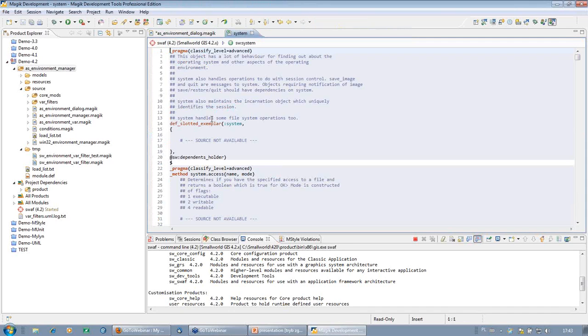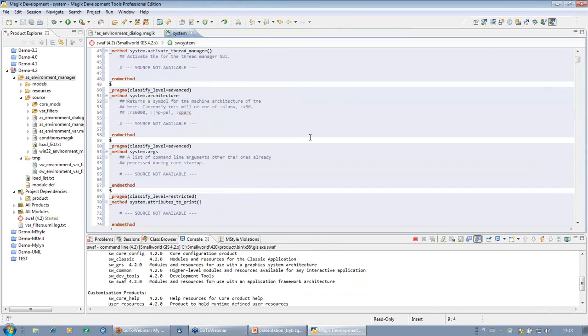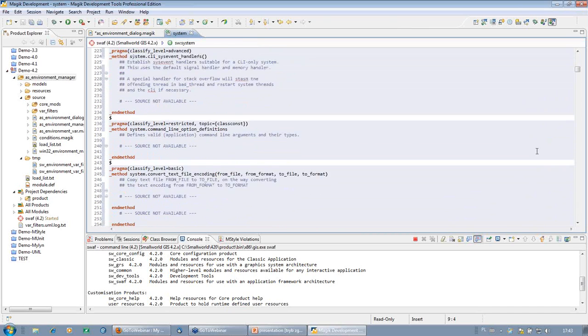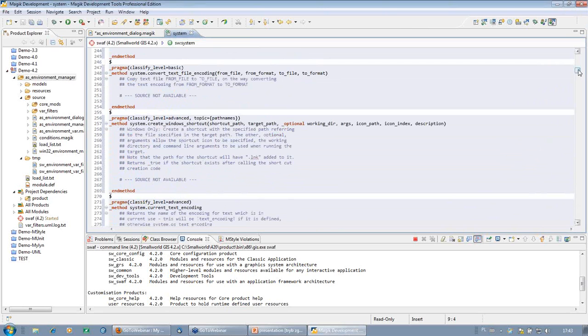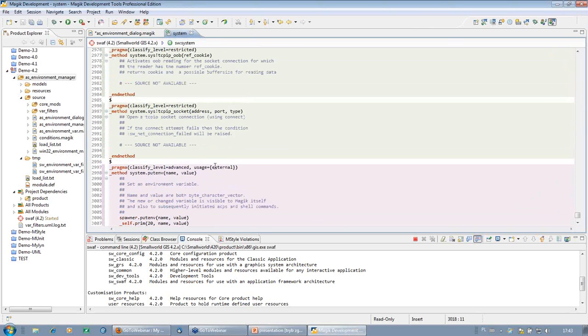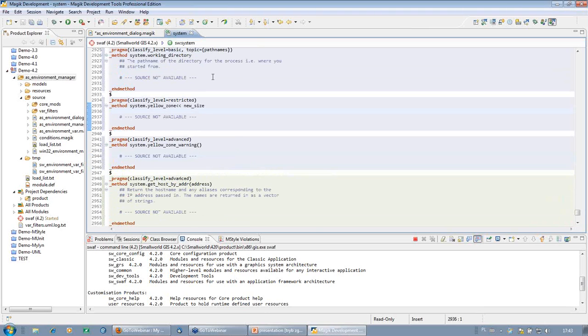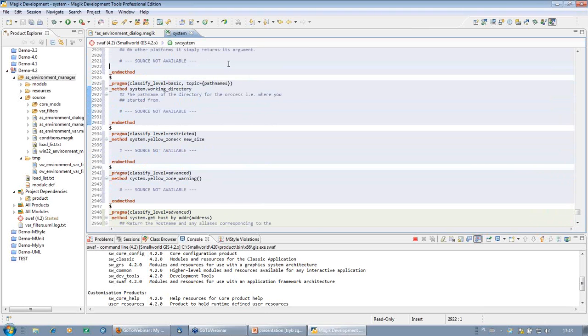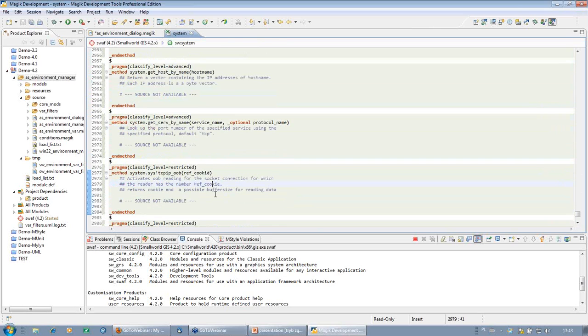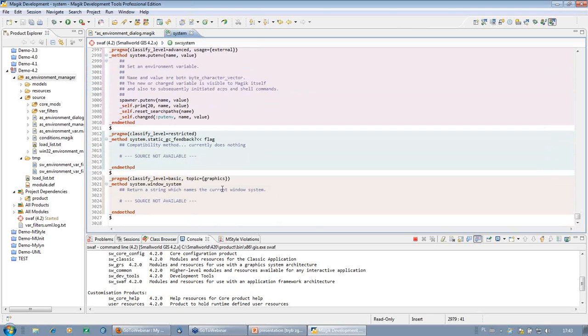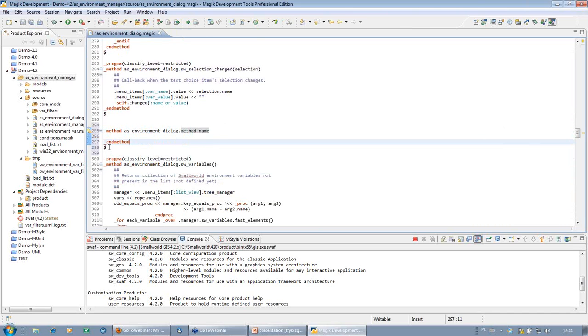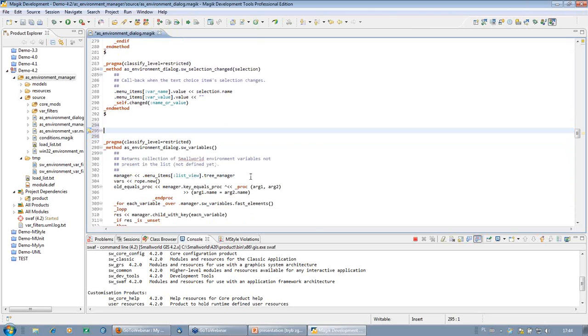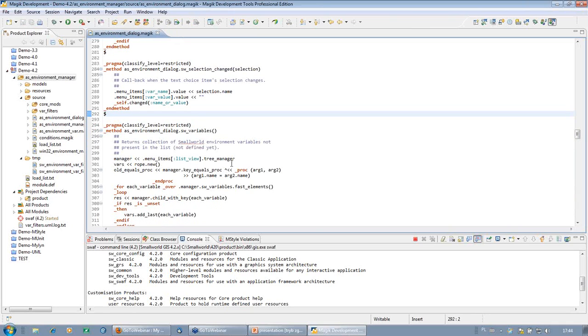So in this case, for example, let's try to see the system class content. We can see that we have a background in different colors, and this background color can be different because some elements may not be from the same file. So for example, those elements are from the one file and those are from the second one, and so on and so on. So we just simply create the whole information about the type in this type overview editor, for example. That's one of the examples of how to use MDT to get a lot of additional information about our